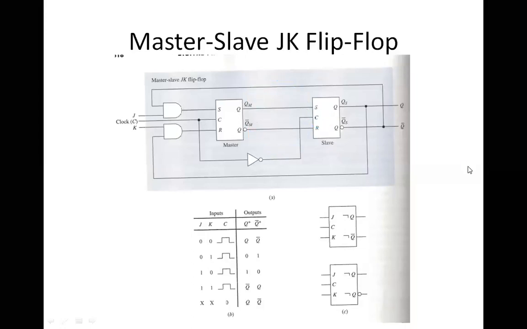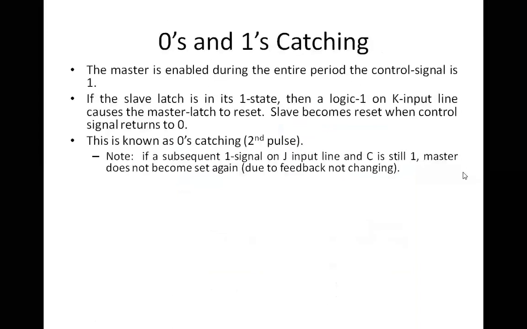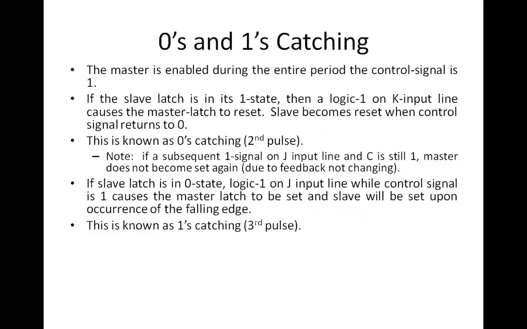Understood, students? So this is your zeros and ones catching. So this is known as one catching. Okay, why is it called one catching? Because one was there and then it was waiting for some time till the next cycle, and then one was passed. So one was caught for some time. Okay, so one catching. If zero is caught for some time, it is called zero catching.